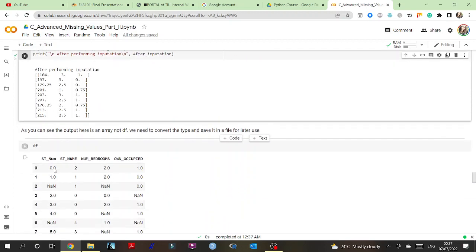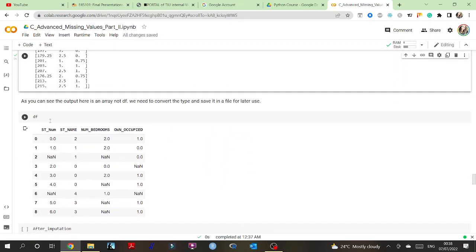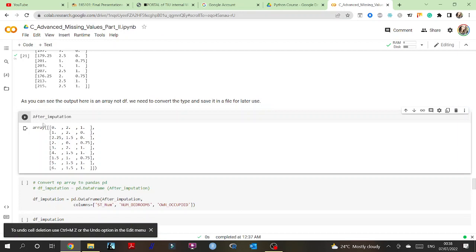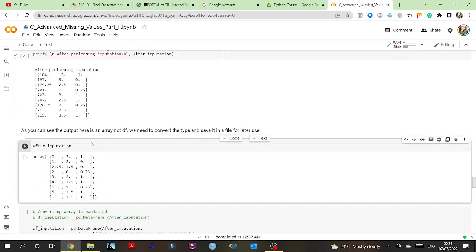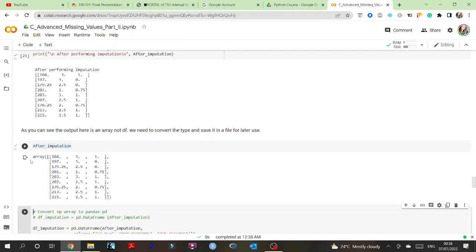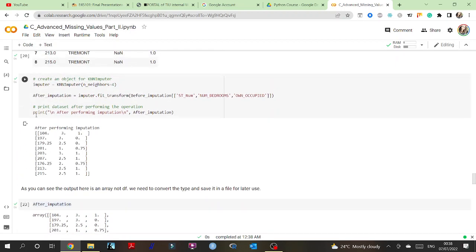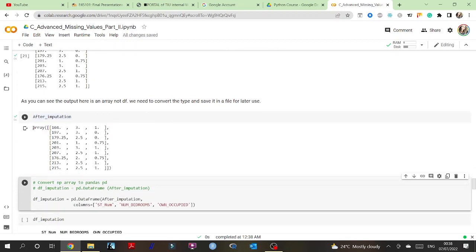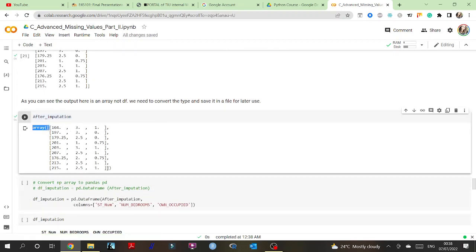So I'm going to just make it a data frame. I don't know why I did this. In fact, I don't need this line. So the after imputation is nothing but an array. If you take a look at it, it's an array, and here is the array as you can see. This is because I put it as a print function after performing imputation, and then I used the after imputation. But if you take a look at after imputation, you can see that it's an array, and you will see the array